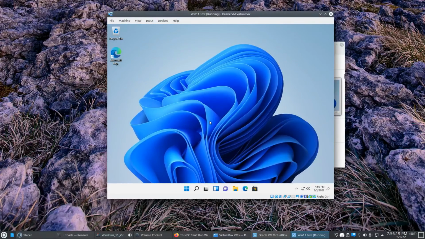So this is probably where I'll stop the video. My plan is to use this virtual machine to do some PowerShell scripting tutorials. So that's kind of why we did this whole